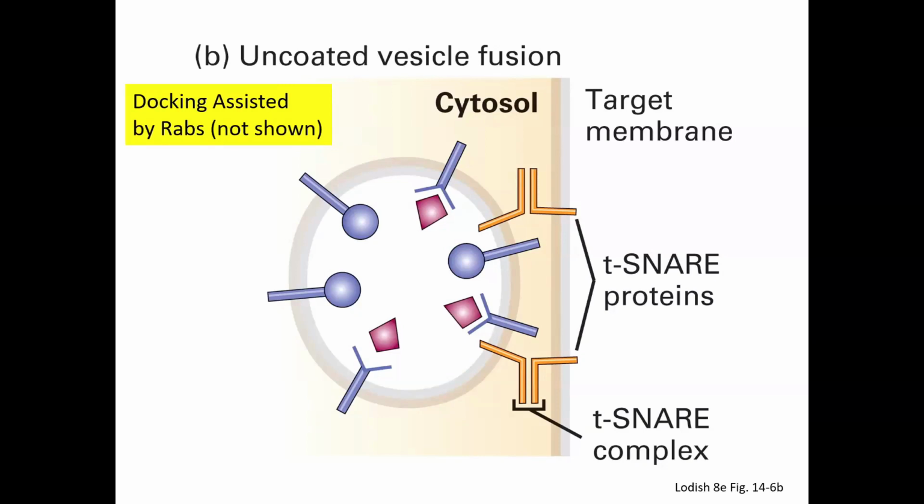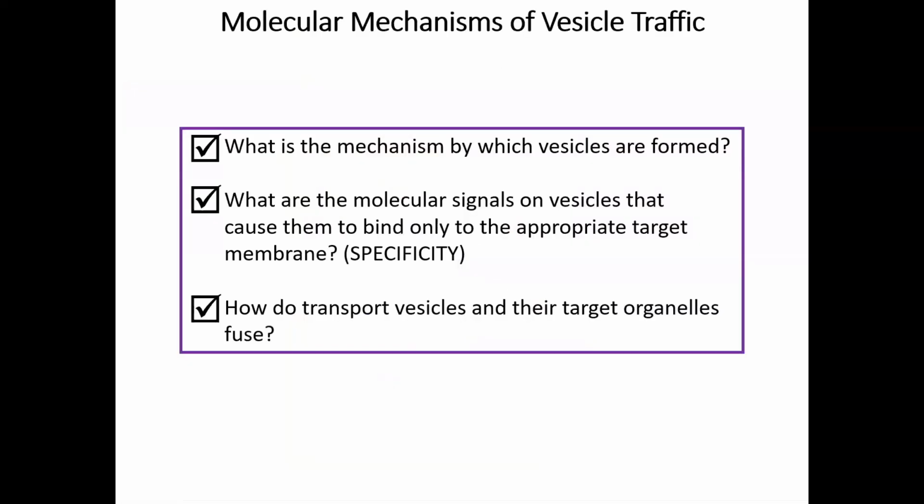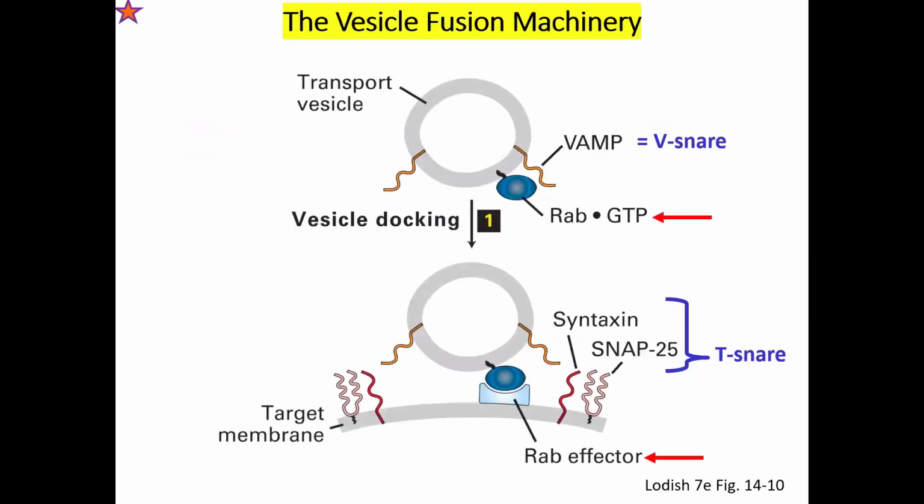This is present on the vesicle, and also you have a corresponding target SNARE in the receptive part of the vesicle where the target organelle is. And these will actually associate and pull this membrane down. Here it is sideways, the membrane is right here, and so it will be pulled sideways and it will fuse together, or it will pull down. So that's essentially what we are looking at. So let's take a look at a little bit of detail. How do the transport vesicles fuse to their target organelle, essentially,